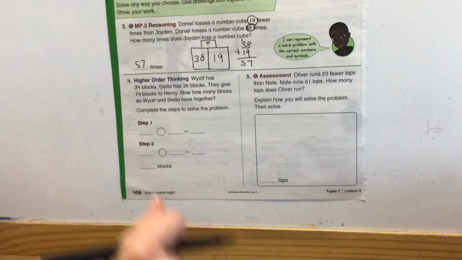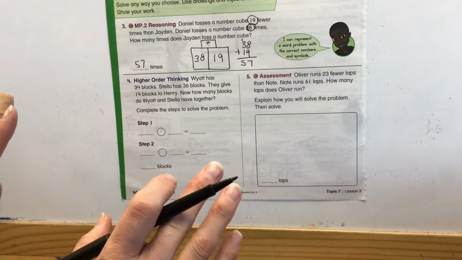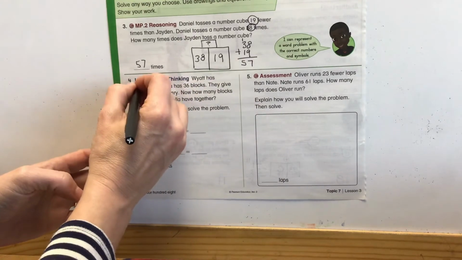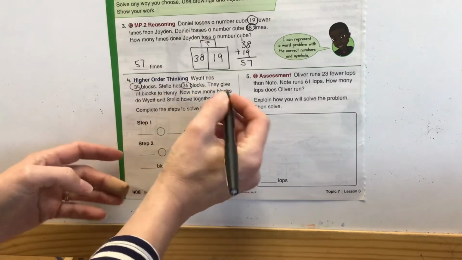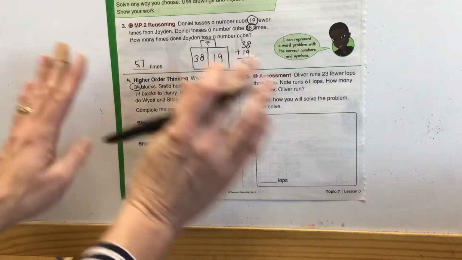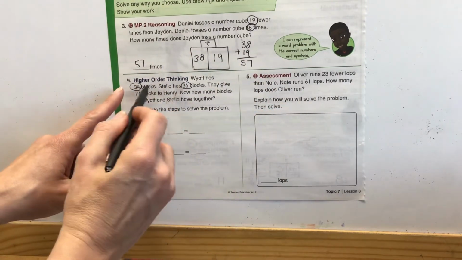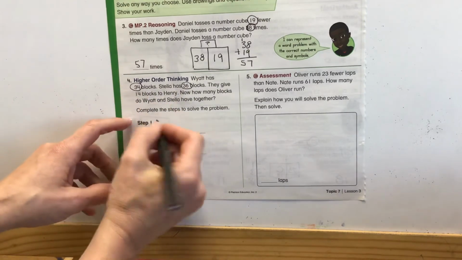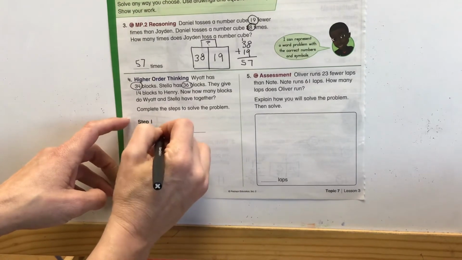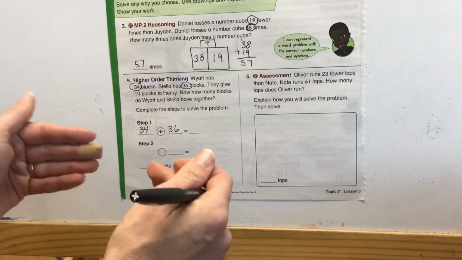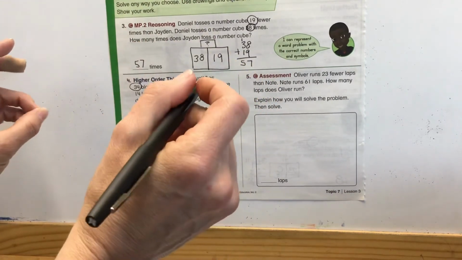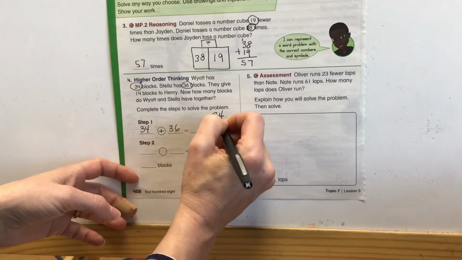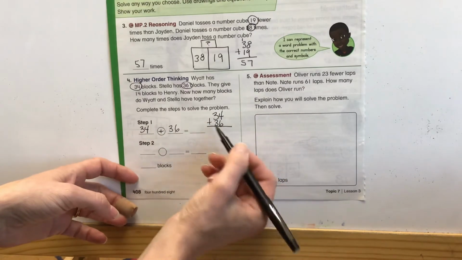Okay, this one's our higher order thinking. Takes a lot of time to figure out exactly what the question's asking. So we're going to take it step by step. Wyatt has 34 blocks. Stella has 36 blocks. They give 14 blocks to Henry. First of all, what we need to do is figure out how many blocks Wyatt and Stella have together before we figure out how many they give away to Henry. So we have 34 blocks plus 36 blocks. We know we're adding them together because we need to find the total amount. So I'm going to go through and add 34 plus 36. Let's stack it so all the ones are on top of each other, all the tens